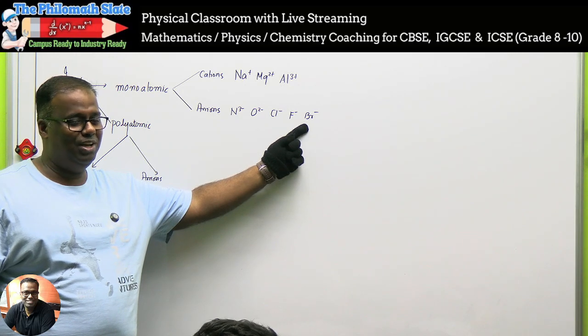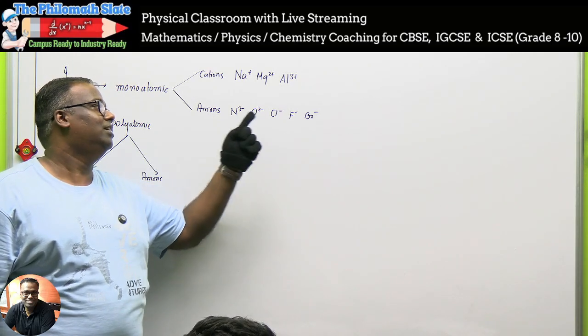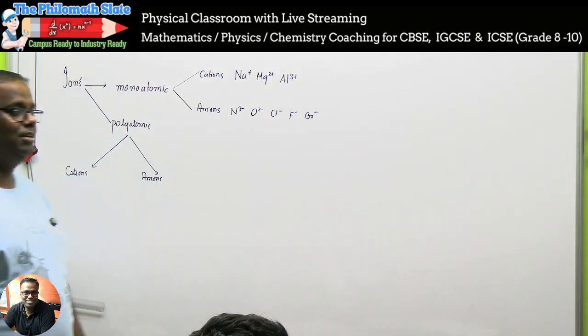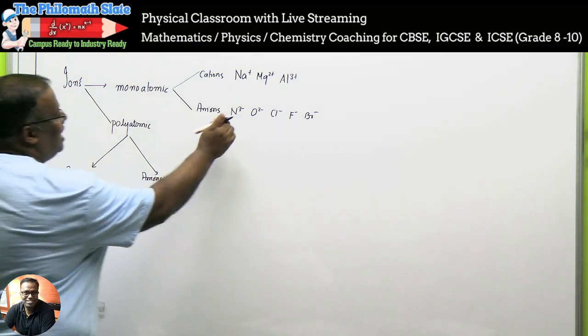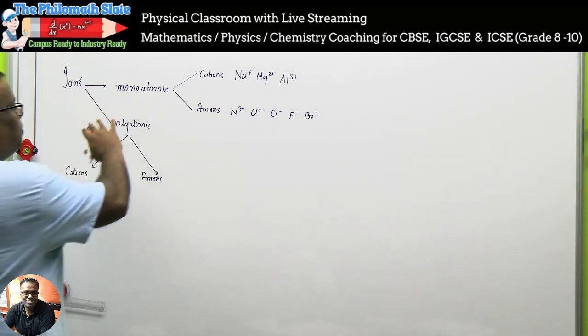This is monovalent monoatomic anion. What is this? Divalent monoatomic anions. ठीक है, मोनोएटॉमिक मतलब एक ही एटम रहेगा, one type of atom only. चलें अभी पॉलीएटॉमिक। पॉली मींस